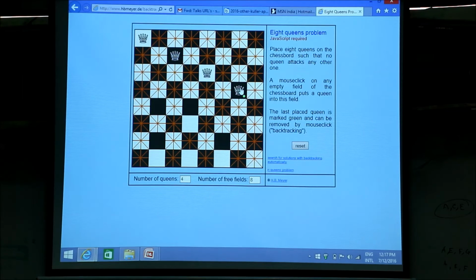So as I said before, without doing recursion, you can just apply a stack here as well. Whenever you place a queen somewhere, you put an entry in the stack that you have placed a queen there, and whenever you backtrack, you just pop that entry from the stack.